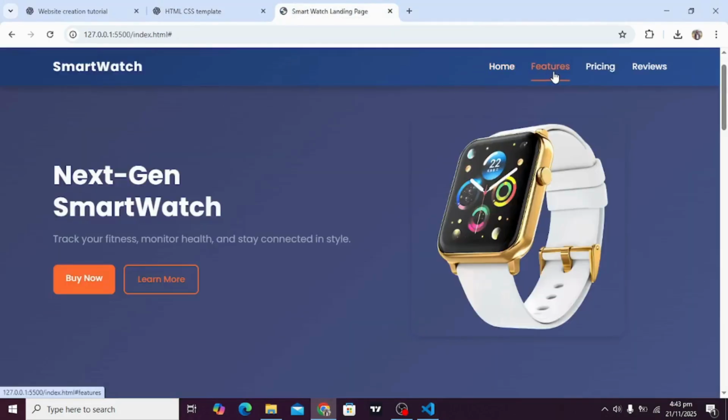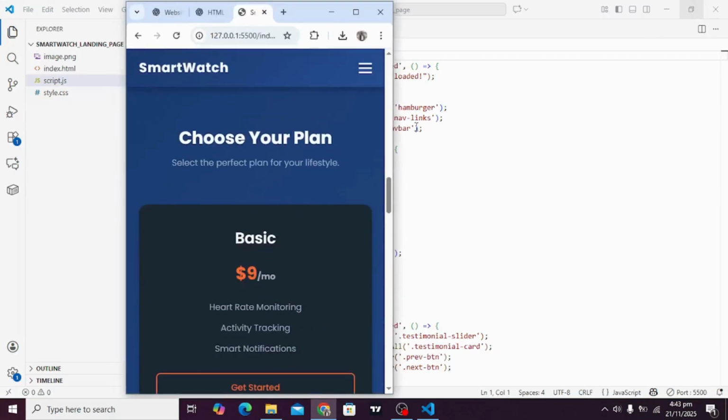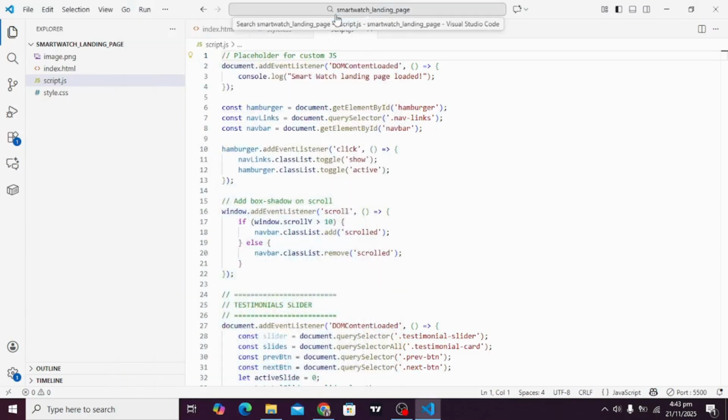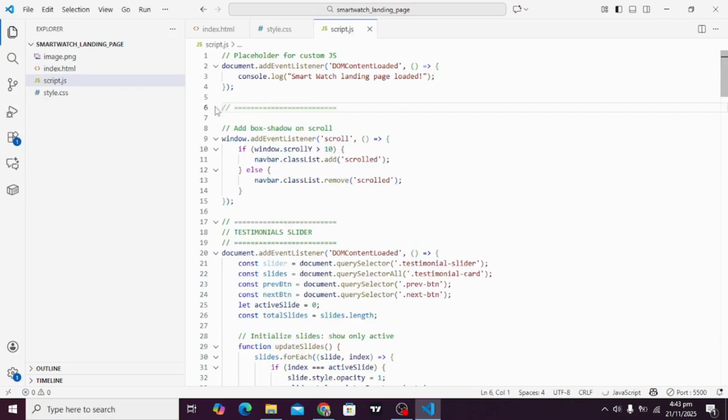Looks good so far for our desktop, but when we decrease the size, it is not working. Okay, let's check what the problem is. The problem is that we had already added the hamburger event listener here, and when two event listeners are working, it will not work properly.